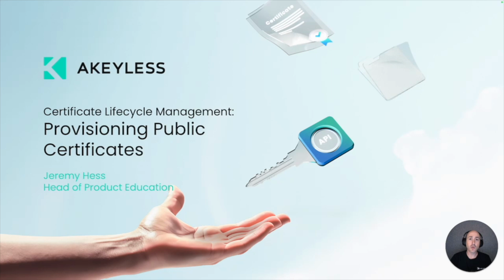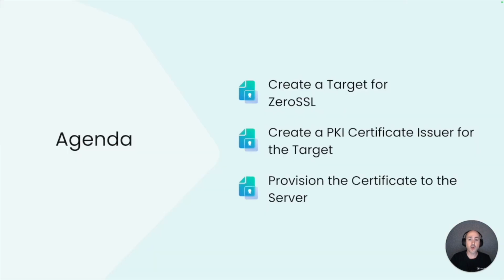In this video, we're going to talk about how to use Akeyless to provision public certificates to a server. We're going to show how to create a target for ZeroSSL, in this case, as the public certificate authority. And we are going to create a PKI certificate issuer for that target. And then we're going to use that to provision the certificate to the server in an automated fashion and show how the server is then protected with a